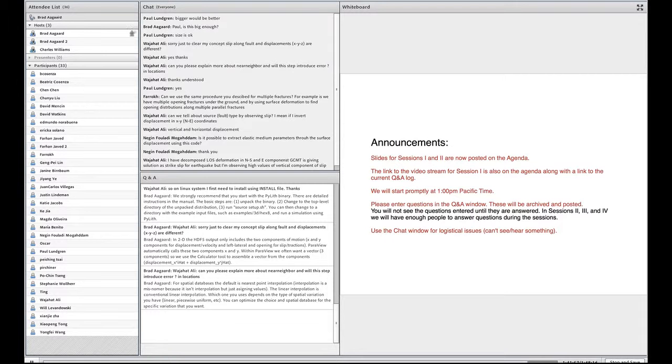So I think we're caught up through the last question. Okay, decompose line of sight deformation. Well, okay, this last question,